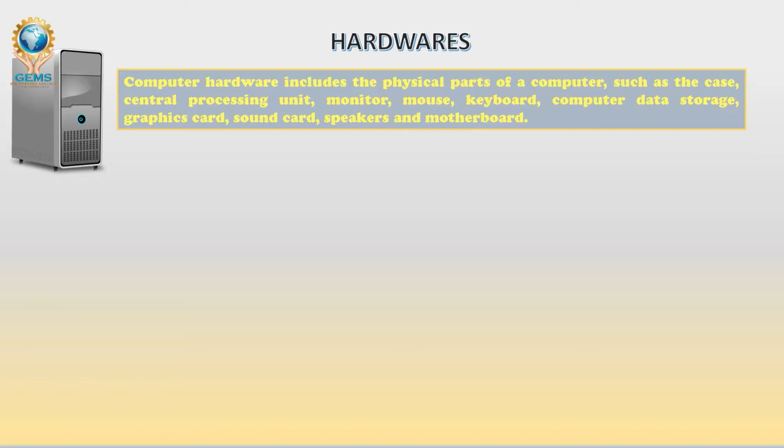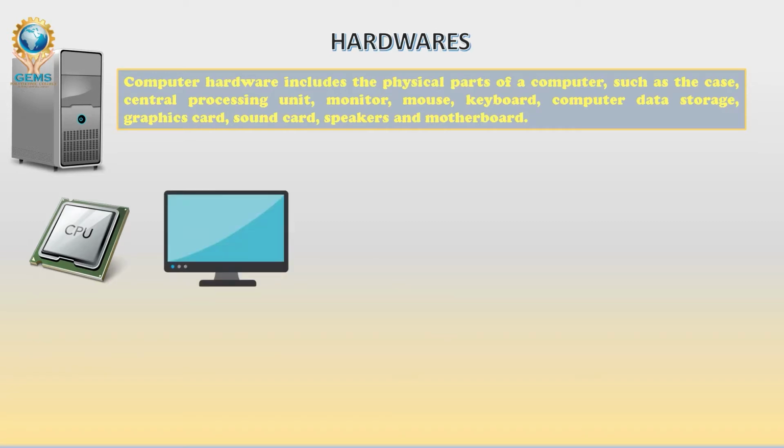If the motherboard and all the other components were spread on a flat surface, it would look messy. So for a decent look, the case is used to assemble or arrange them and protect the internal chipset and electronic equipment from external hazards. After that is the central processing unit, also called the CPU in short. It processes every function inside the PC. It is also called the brain of the computer.